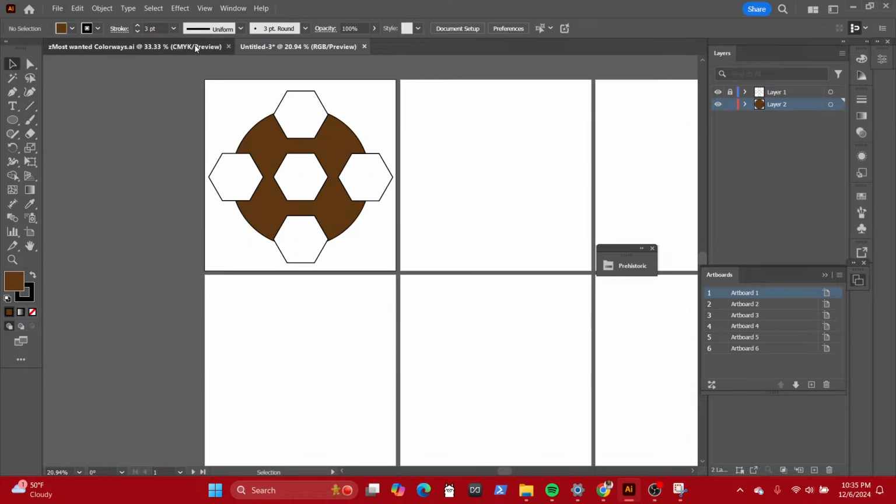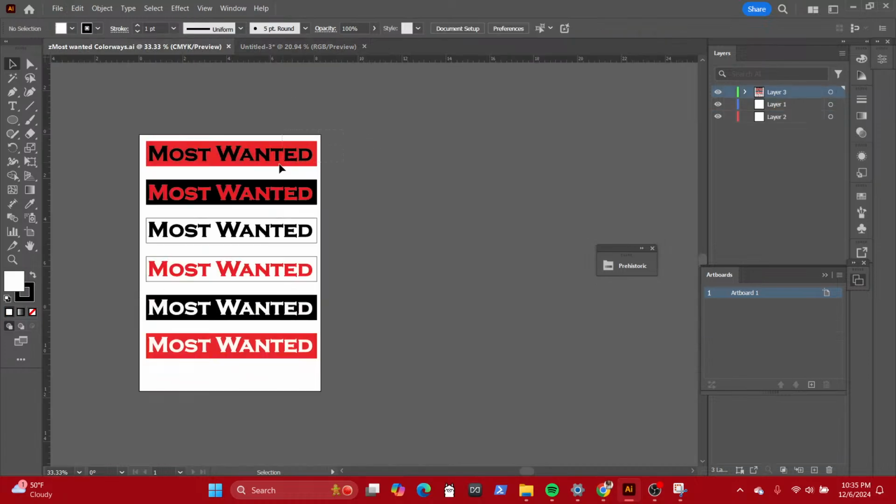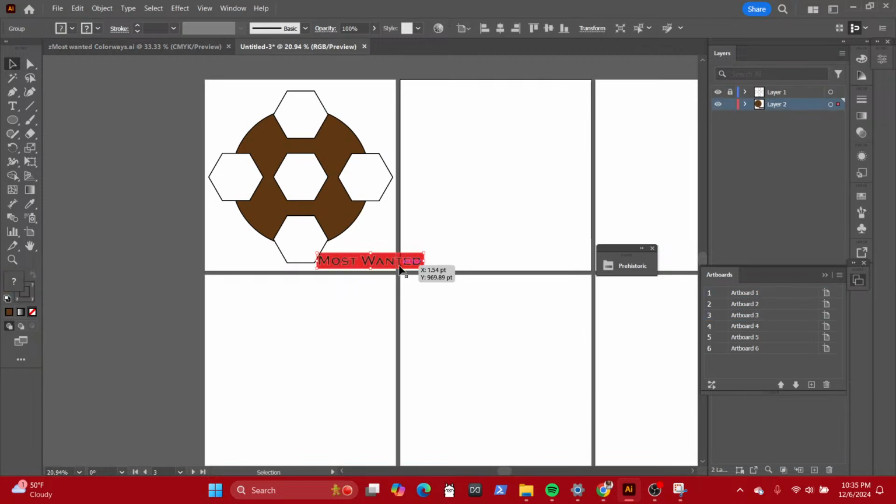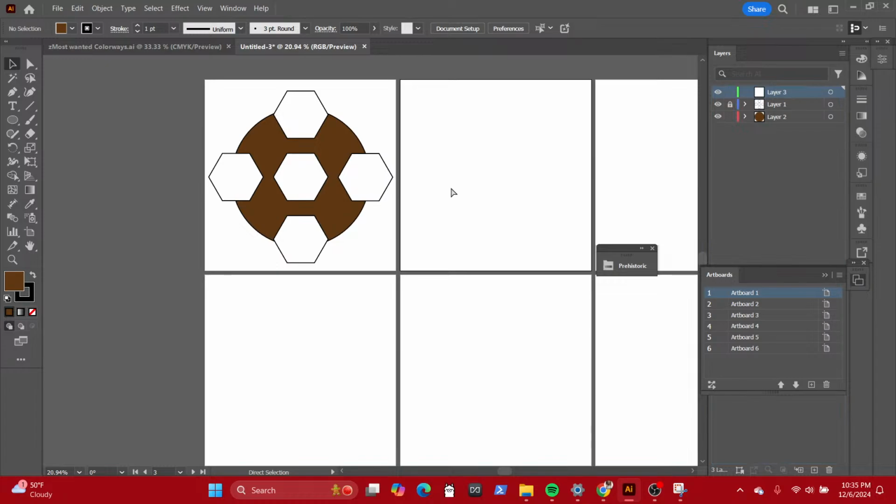And then we're going to throw a random most wanted. Control X, add another layer on top. V, and we're going to put this in the middle of that one.